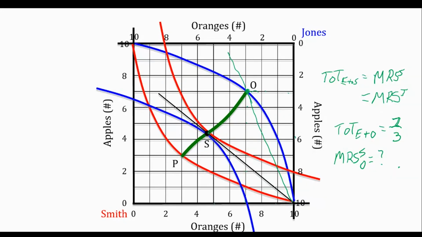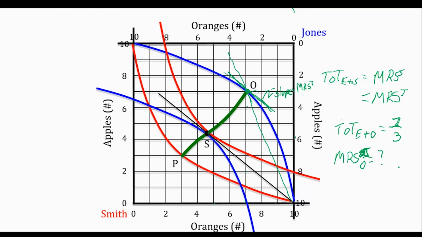Well, I can't calculate it, but I can see it visually. Actually, let me change it from Smith to Jones because I can see that easier. At Jones's, his marginal rate of substitution at point O is going to be given by the slope of the line that's just tangent to his indifference curve at point O. So the negative of the slope